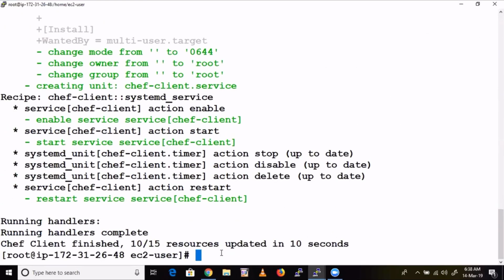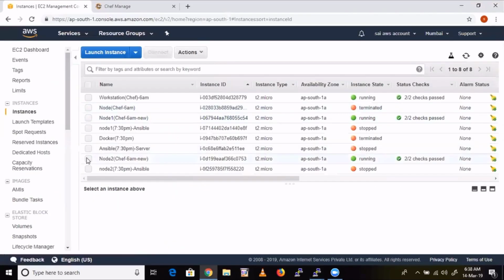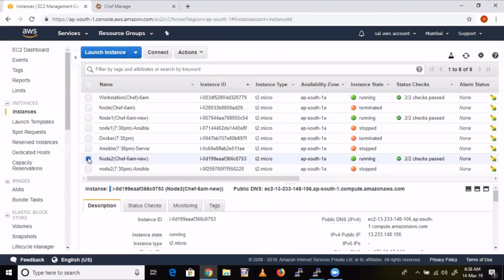So do the same thing in node 2 as well. By the time you go inside a company, they might have already automated that. Whenever you launch any new server, you automate that one.